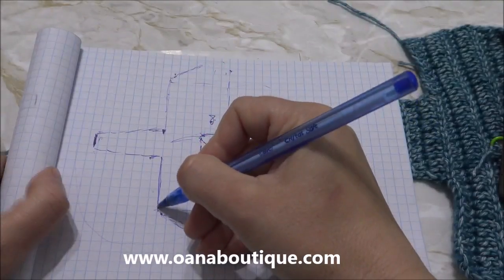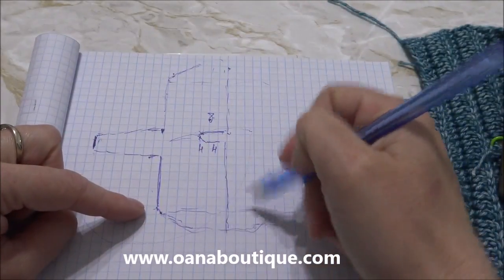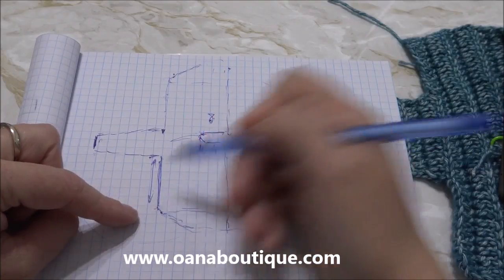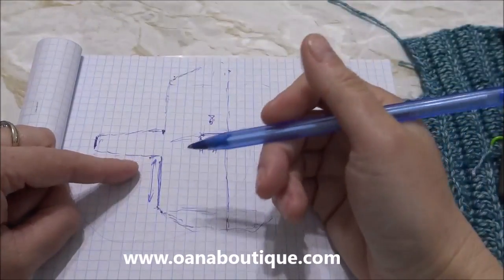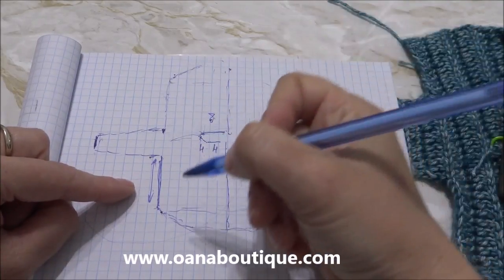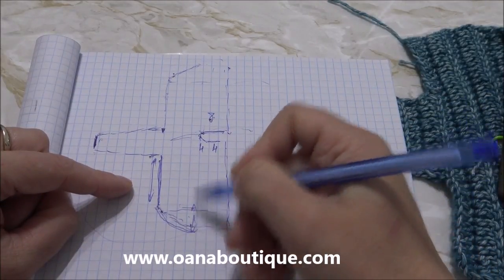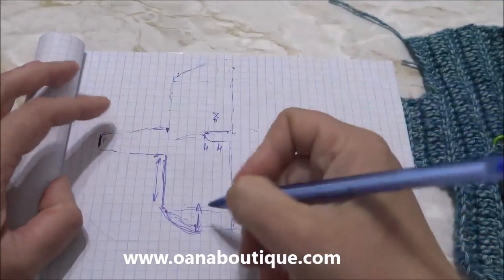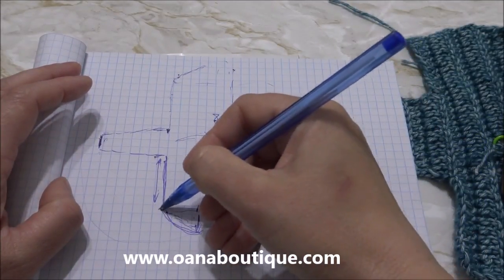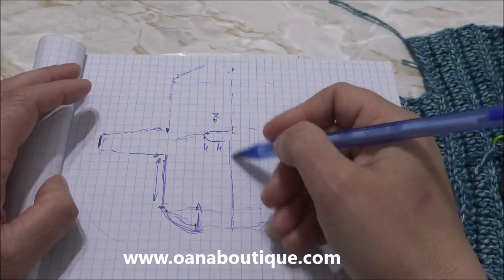Now the length. This is the length that I need to cover, and this is the length actually on the body. Now if you decide to work it straight here, this is exactly the length that you want the length of the body, of the blouse actually, to be. If you decide to work it like this, then there will be about 2-3 centimeters, depends on how many decreases you work, how large you work the shoulder, in between this length and the final length of the tunic, of the cardigan, depends on how you decide to work it,